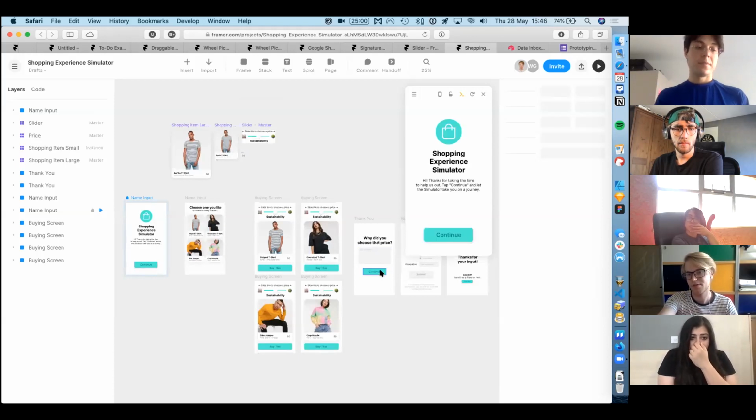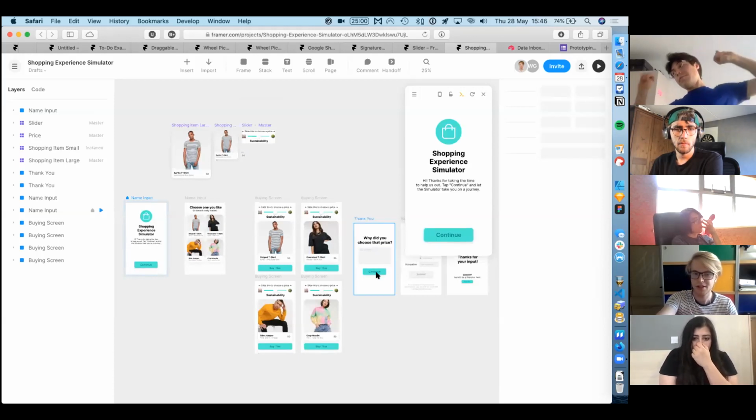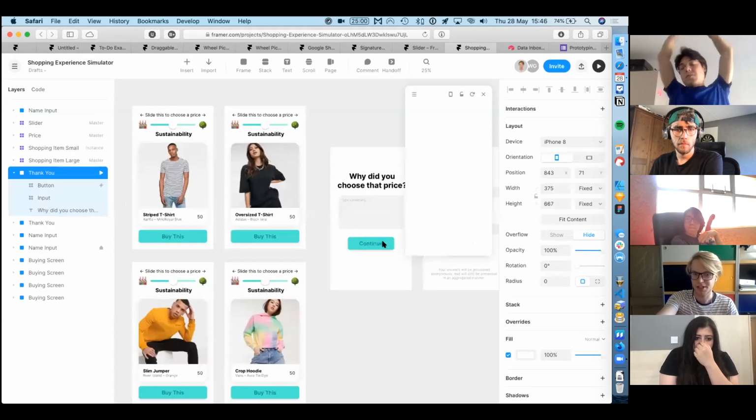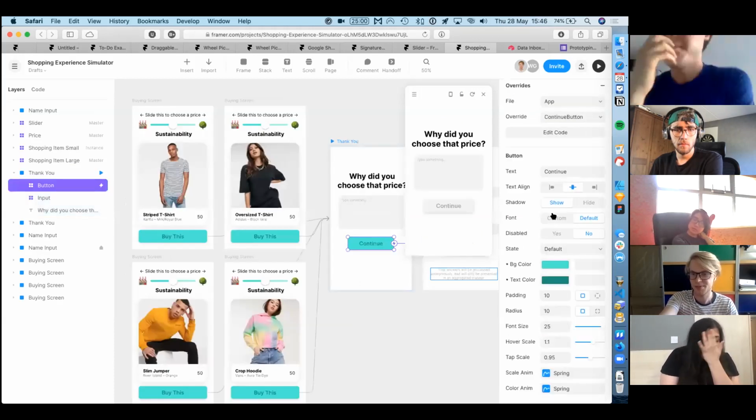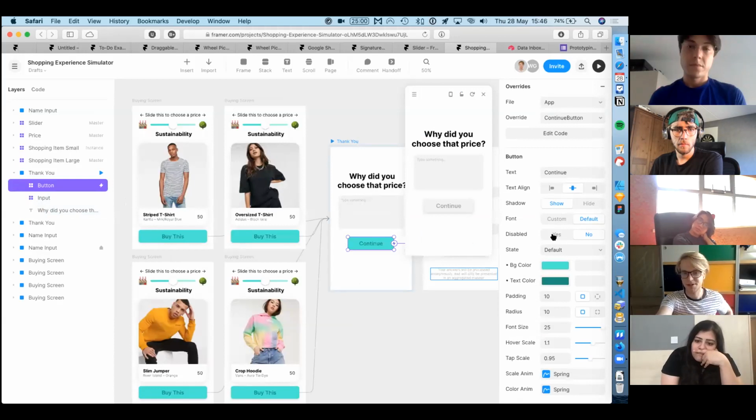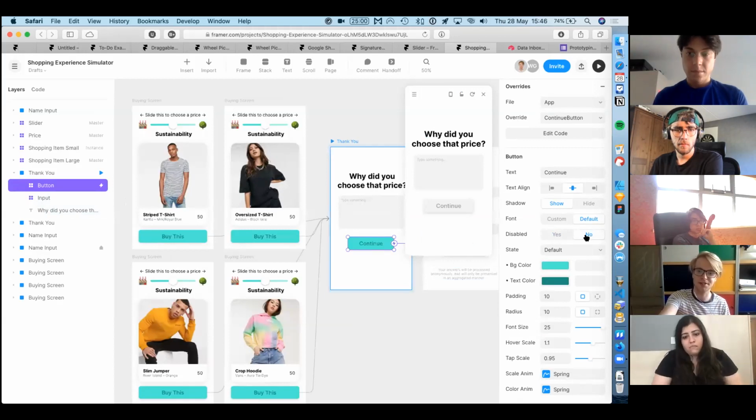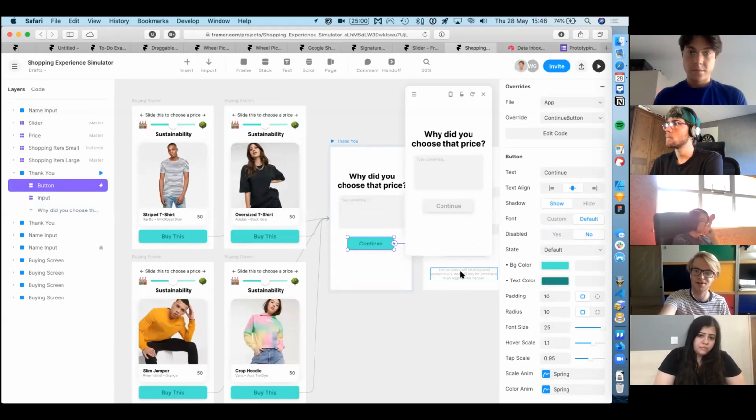So there you go. Okay. This continue button here has, because it's Framer and it's awesome, a disabled field, and it allows me to say, can you actually use this button, yes or no? If it's disabled, I can't click the button, it doesn't do anything. And if it isn't disabled, then I obviously can, and it executes what it wants to do, so it goes to the next screen. And what I'm doing in code